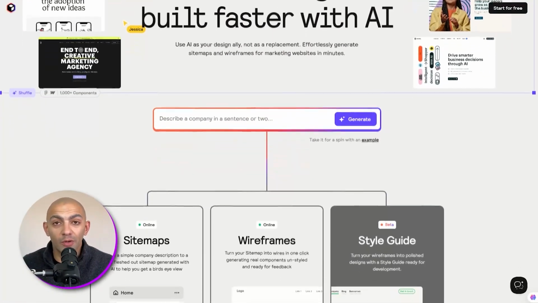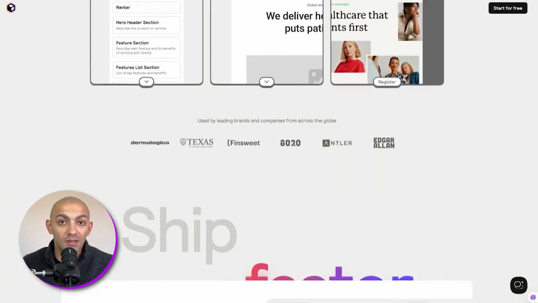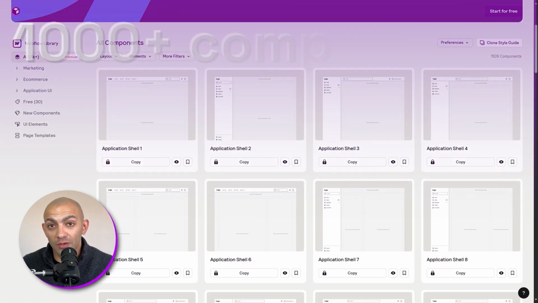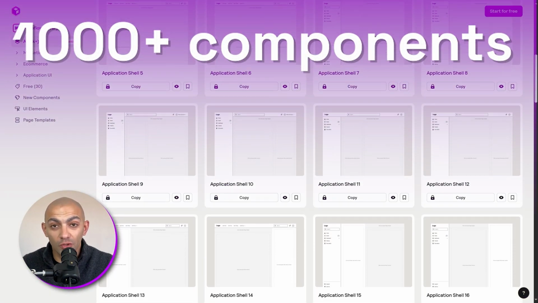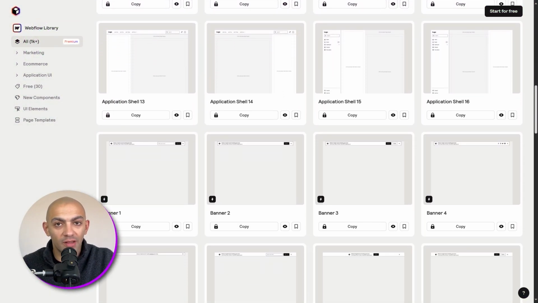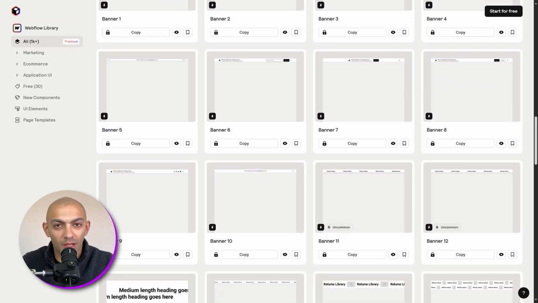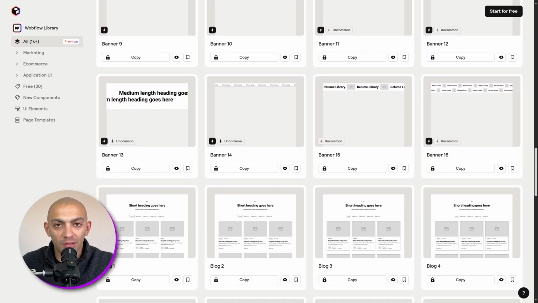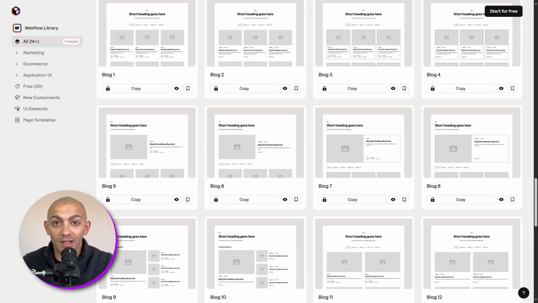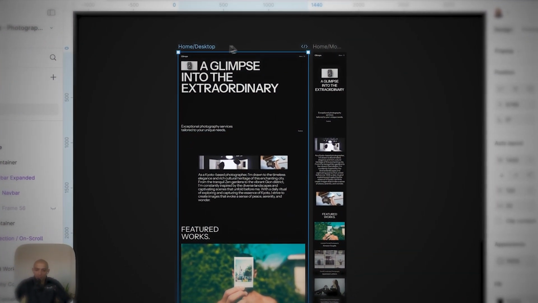Relume is a component library that helps you build websites fast. It has over 1000 components, so you have a lot of choices of layouts, and even if you don't find the layout from these components, you can make your own and put them together, and you'll have this website done in minutes. So in today's video, we're going to take this design and we're going to convert it